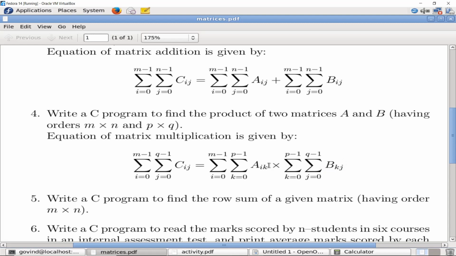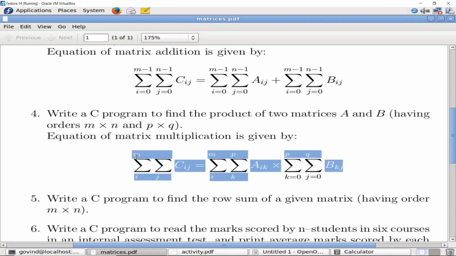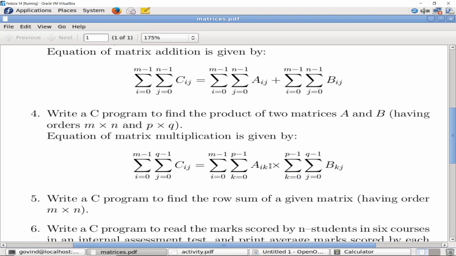So the actual equation becomes A of ik into B of kj. It is not a pure equation, it's an equation which will help us to write the program for matrix multiplication. So let us have a look into this.